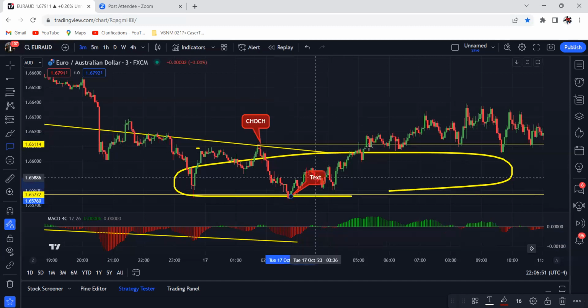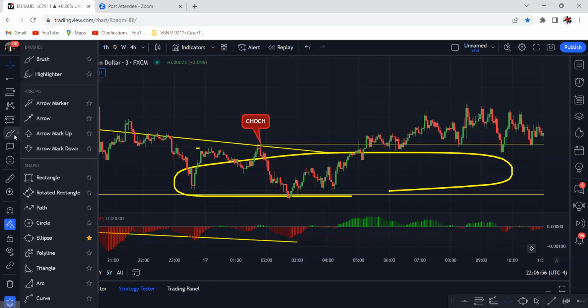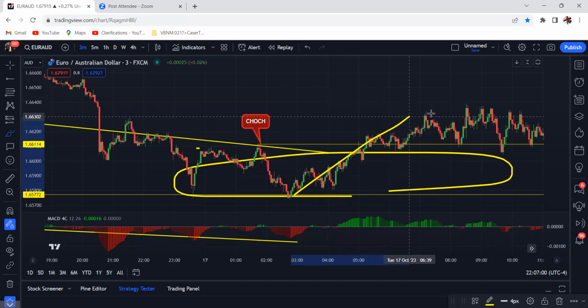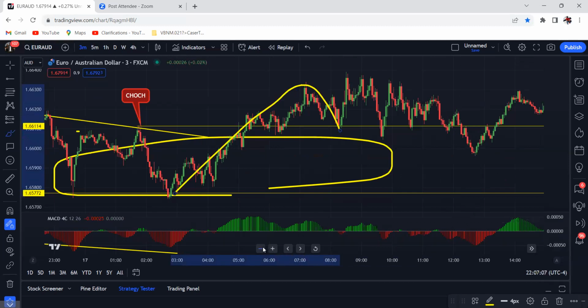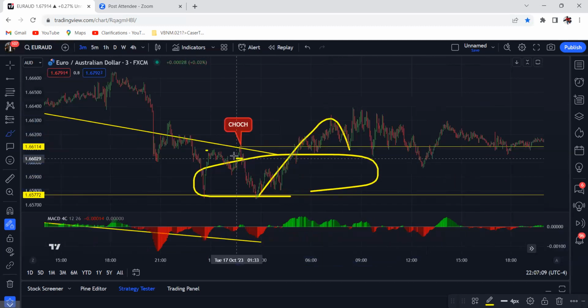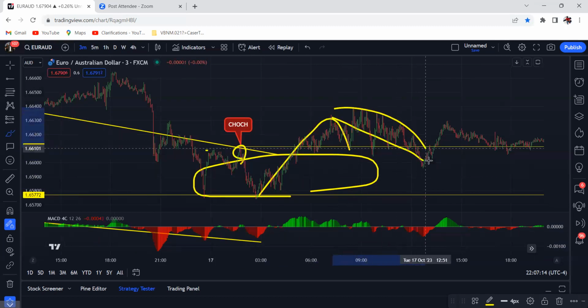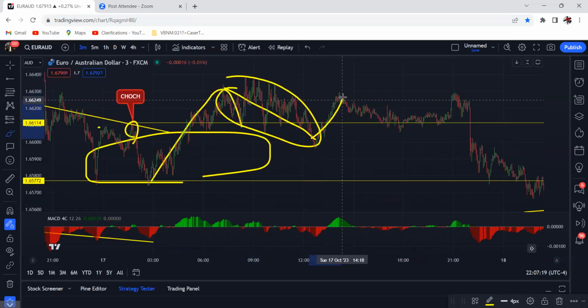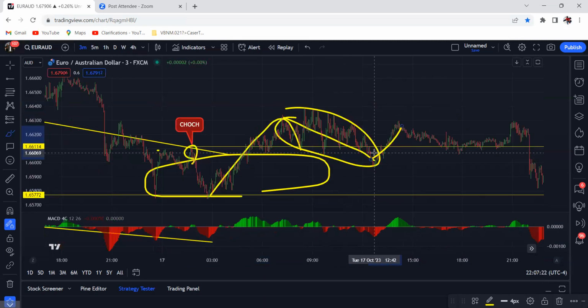So I get a nice wave up, and then I get that retest. That's what I'm looking for. I'm looking for a break. There's my break, there's my change of character. And then I'm looking for a retest. There's my retest. And then I'll be looking for my buy. So in this scenario, price did not take off. If I would have gotten in for a buy, and I want you guys to always remember this, when it's time for that entry,